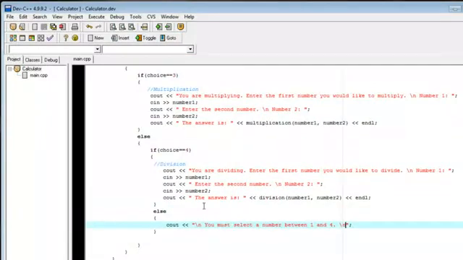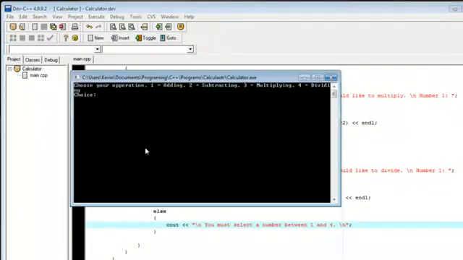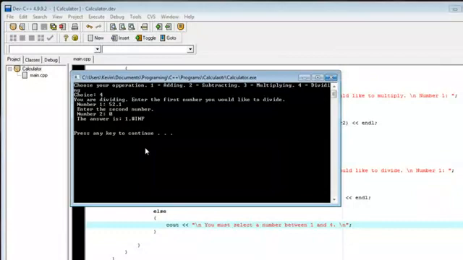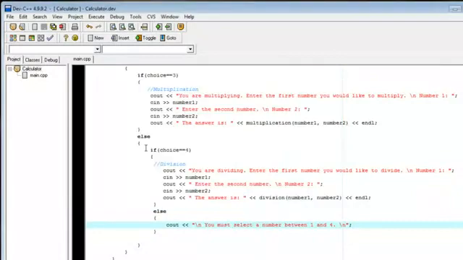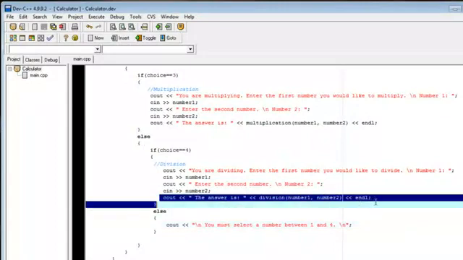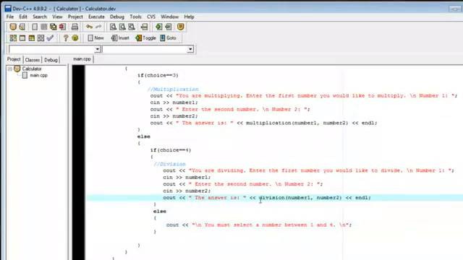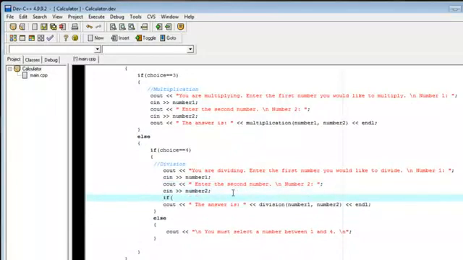But there's also another problem with our division function. If we run it again, we choose 4, 52.1 divided by 0 is not 1.infinity. It should be undefined. So we're going to add that function to our calculator right now. Before we call this cout, which prints the answer to the division function right here, we're going to just do an if evaluation of number 2. So we're going to say if number 2 equals 0,